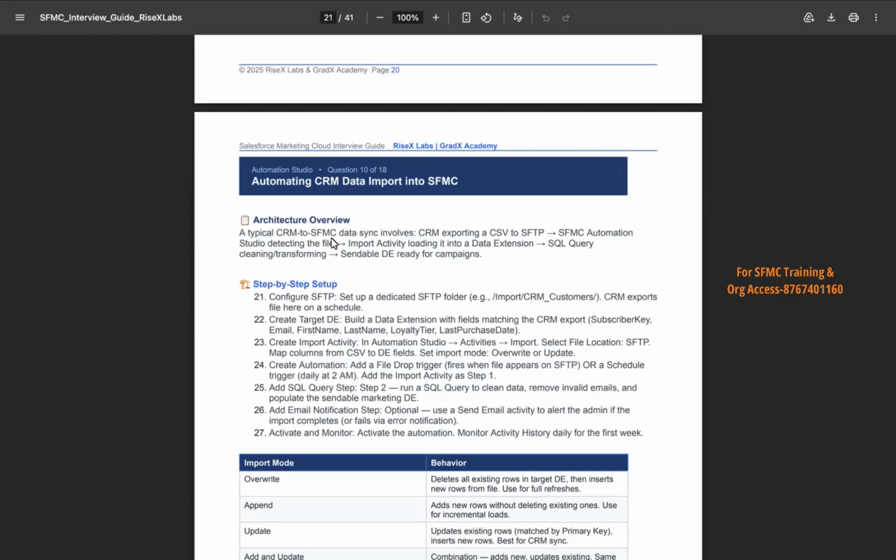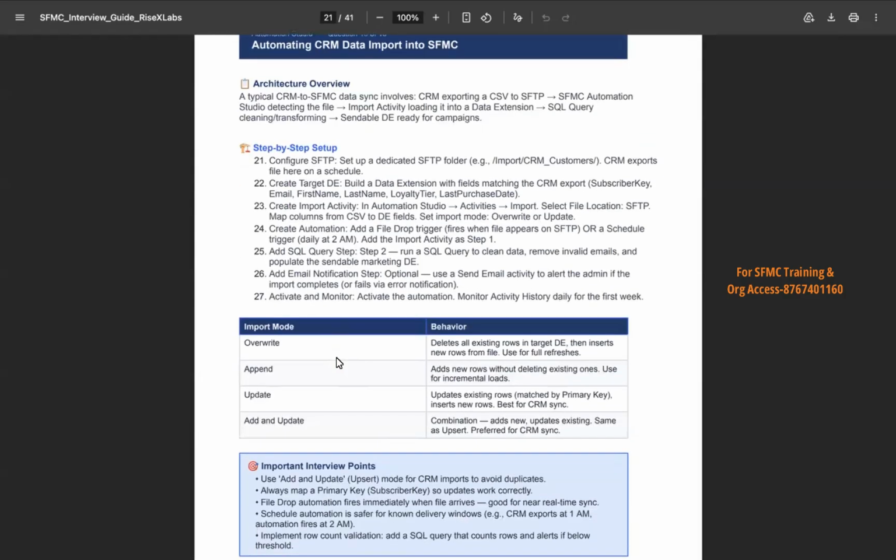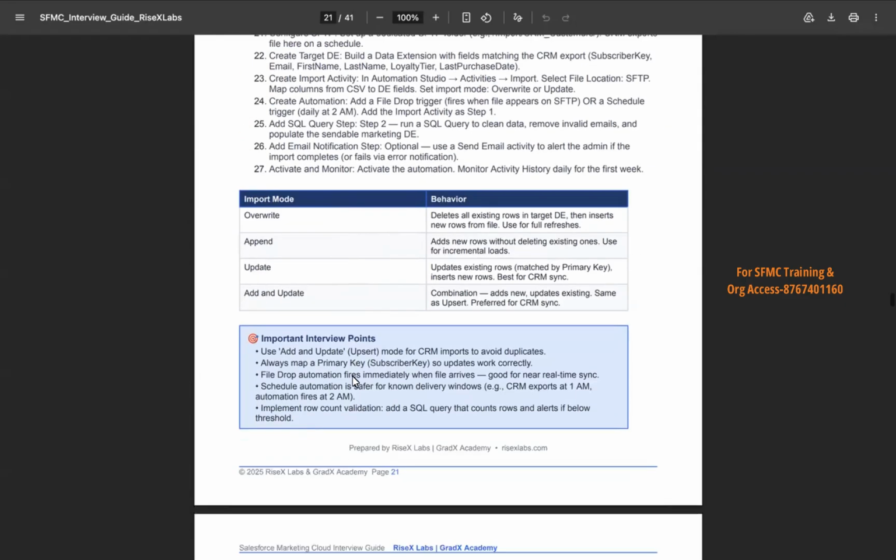Then the import activity happens, then the SQL query activity runs, and then we shift it to the sendable data extension. This is the architecture. So we can override it. There are various modes. Override means delete all the existing records and create all fresh new records. We can append, we can update, we can add and update. So these are the import modes that we have. Okay. Then after that,